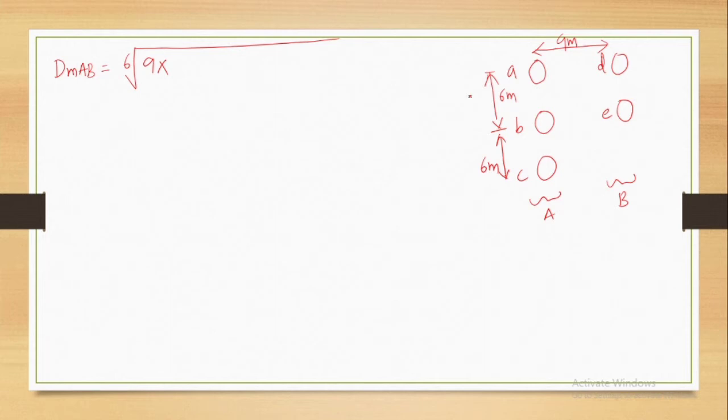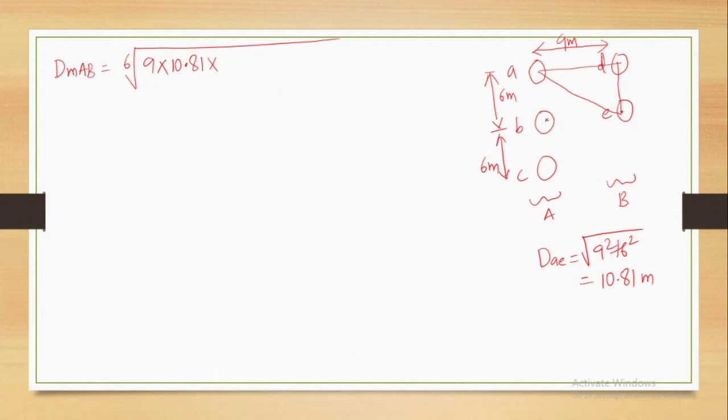A to E distance is obtained by considering these 3 as the corners of a right angle triangle, right? So the hypotenuse is the root of 9 square plus 6 square. Now I can write DAE as root of 9 square plus 6 square. If you evaluate this, it comes out to be 10.81 meters. So AE is 10.81 meters into, next start with B.